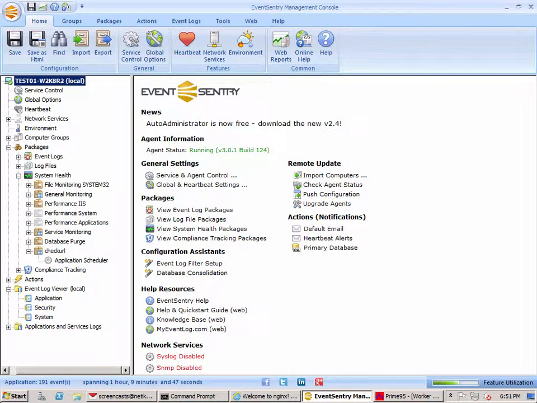This is the second part of a screencast about EventSentry's application scheduler. In the first part of this screencast, I simply outlined what the application scheduler is based on the example of the free checkurl utility, which notified us when the checksum of a test website changed. In this screencast, however, we're taking this to the next step, and we're going to configure EventSentry to let us